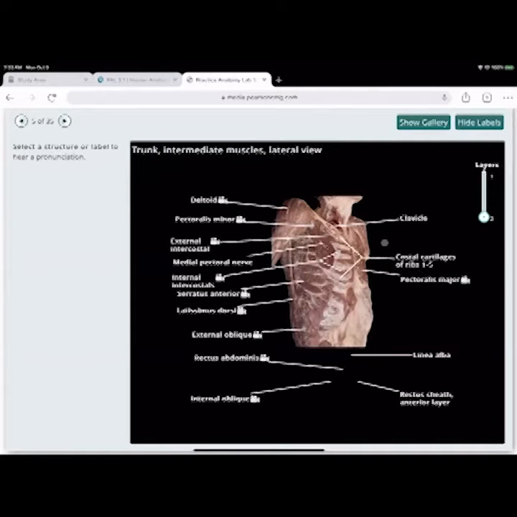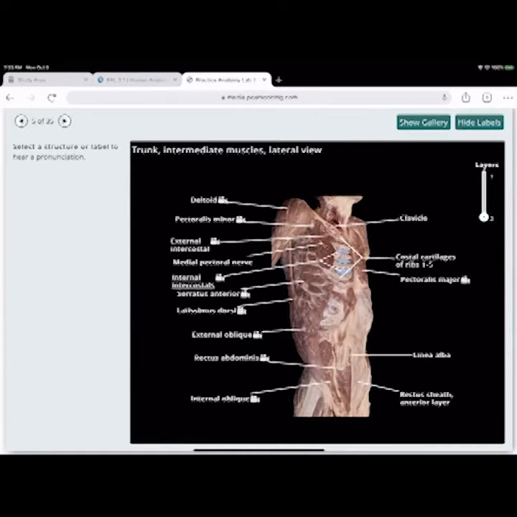Again, a little bit deeper section. You have your deltoid muscle. You have your pectoralis minor. Now you can see the minor where the pectoralis major is pulled away. The pectoralis minor is deep to it. Now you can see the pectoralis minor. The external intercostal muscles, the medial pectoral nerve, the internal intercostal muscles,